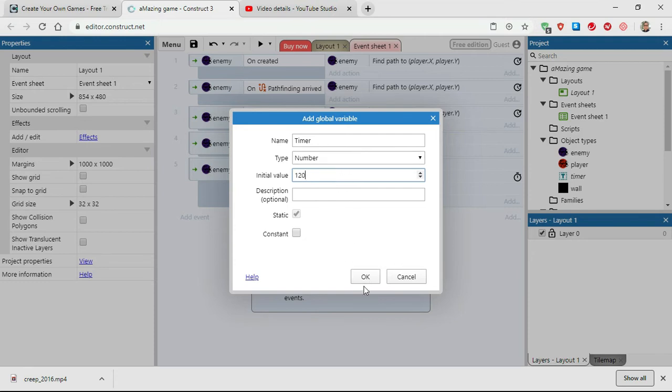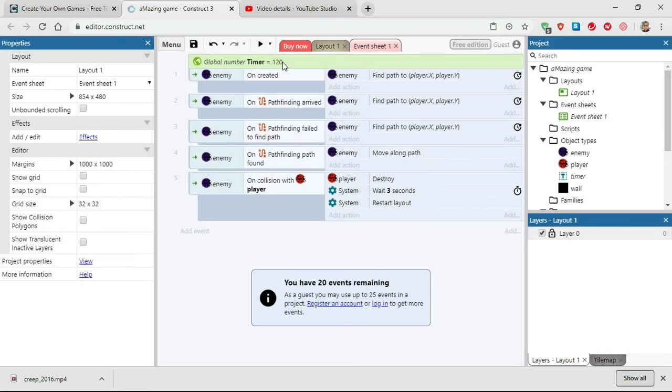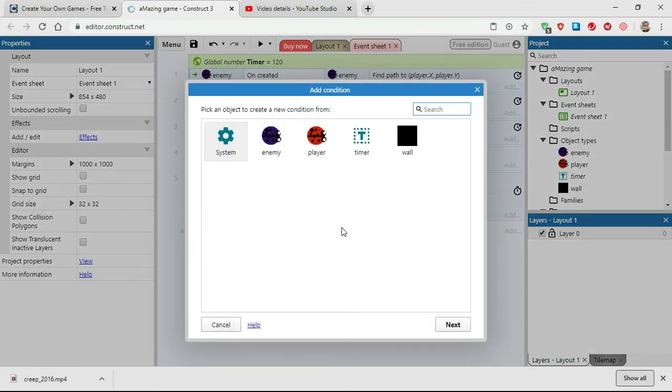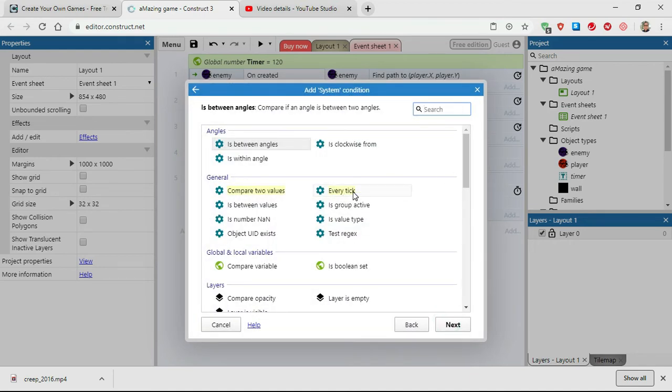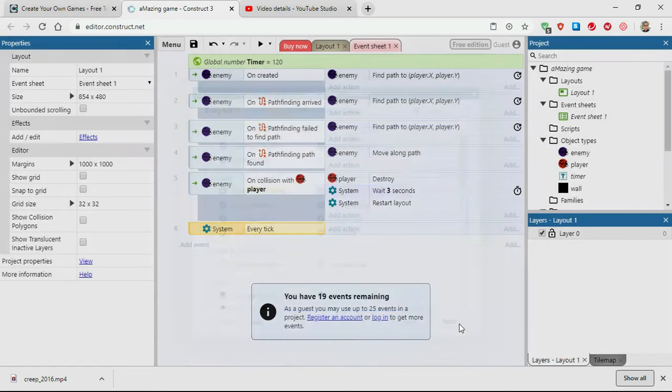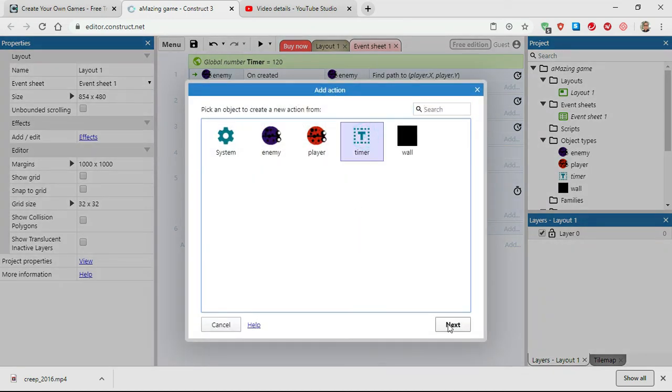Right, so press OK. All right, and right on top over here you will see global number. What is it? It is the timer, which is 120 seconds. Next what we are going to do is add event. System, every tick, meaning that every second that you are playing, the system will keep on checking. So what is it that is going to check is, for the timer,